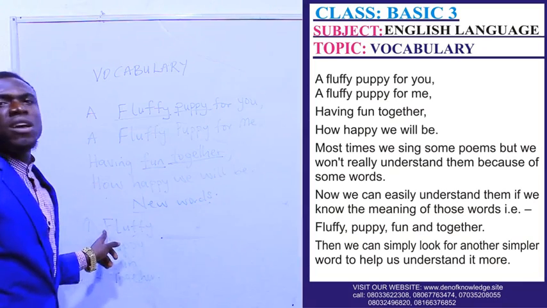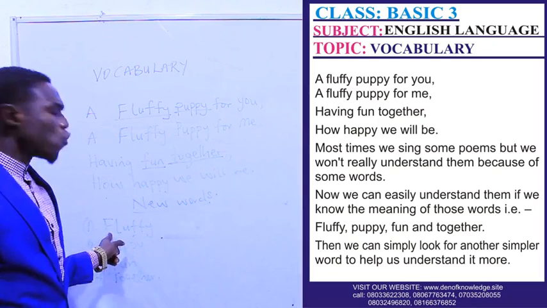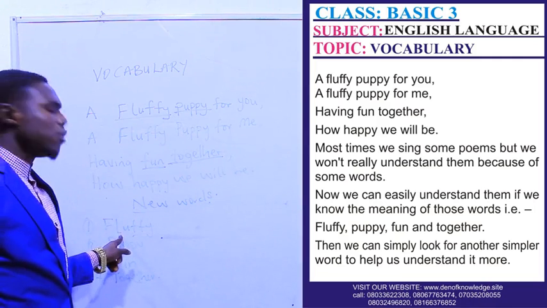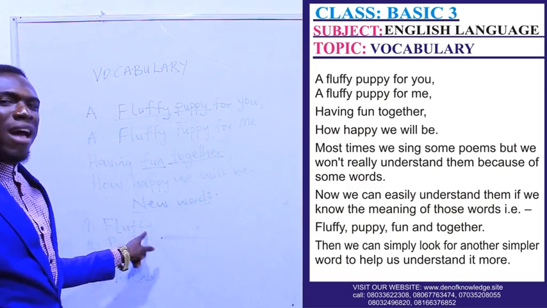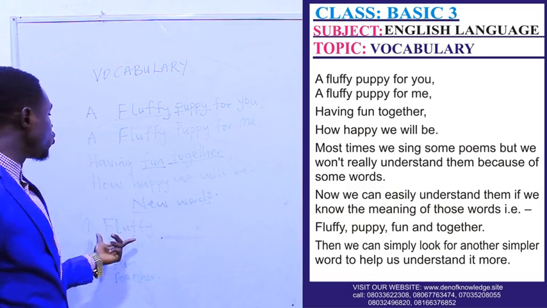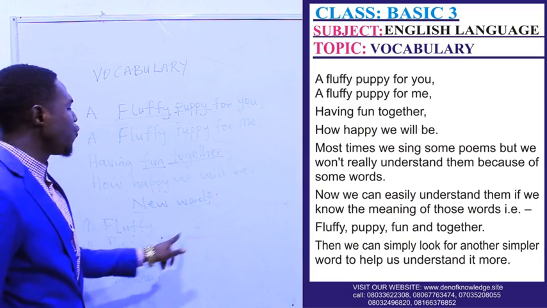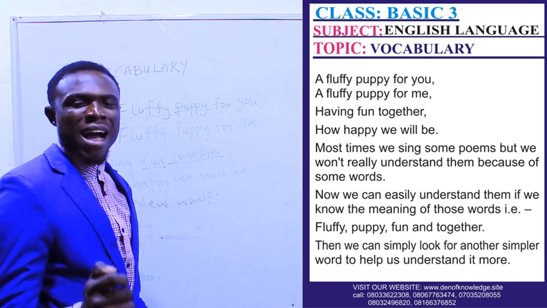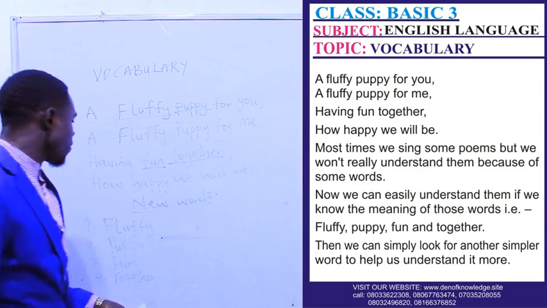Please, you start with F. This word starts with F. Go to a dictionary. It is arranged alphabetically. So go to F. Once you see F, you go to FL, then FLU, and so on. Alphabetically, find them one after the other. Then you get to see the word fluffy. You will find out that fluffy is something that is comfortable and soft.